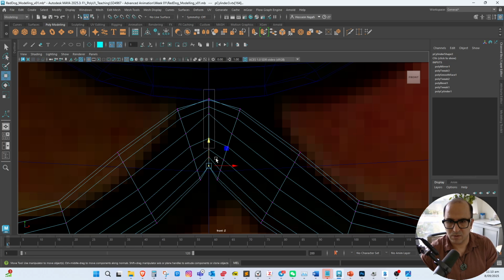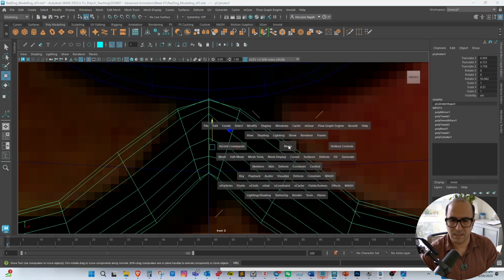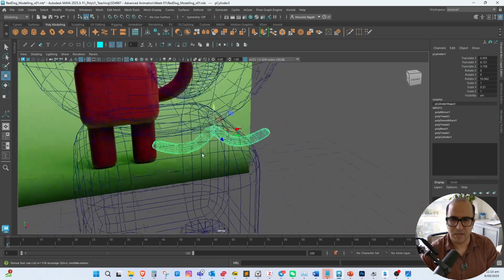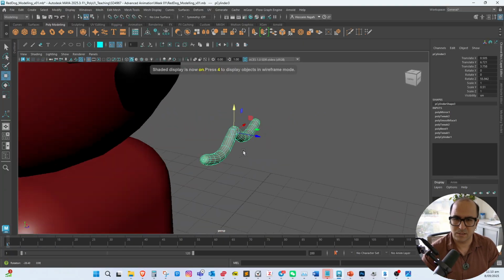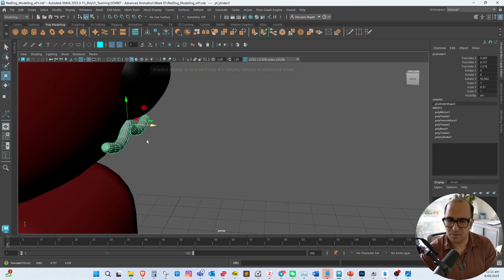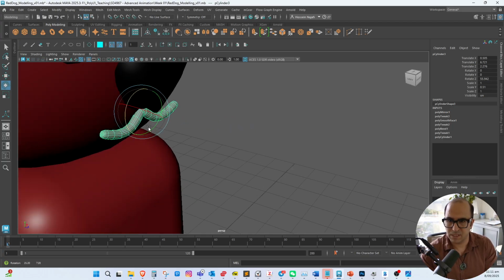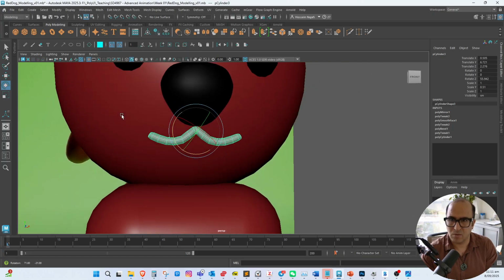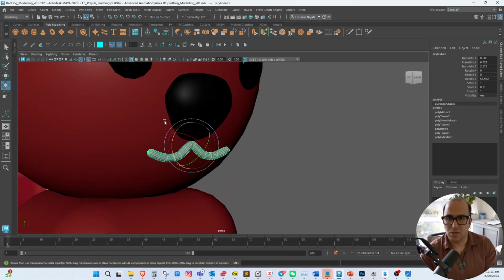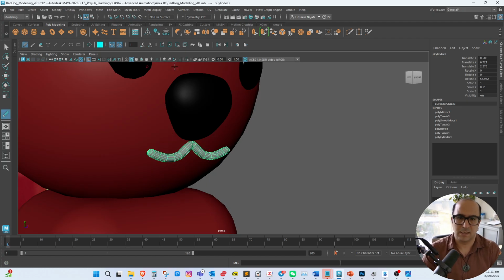We don't need these ones to be so entangled. Maybe I just move these ones down manually. Okay, now I've got a nicer mouth. Now all I need is to project it on the body so that it fits the body. You see that the rotation of this mouth is a bit awkward, so sometimes you want to reset